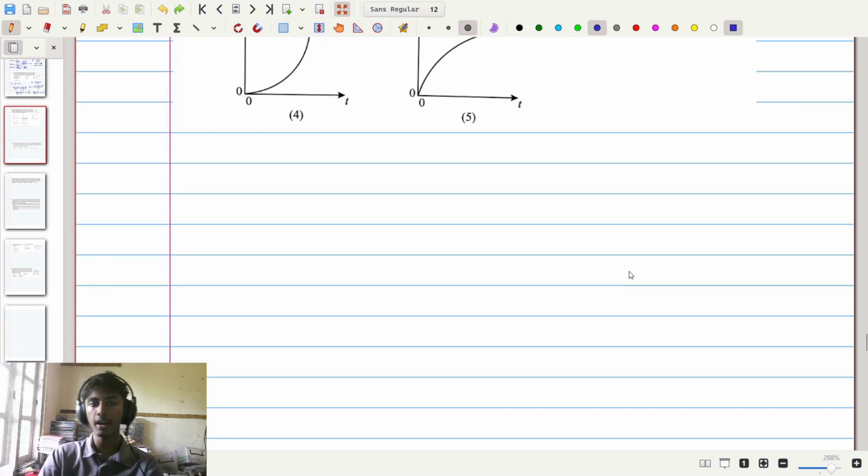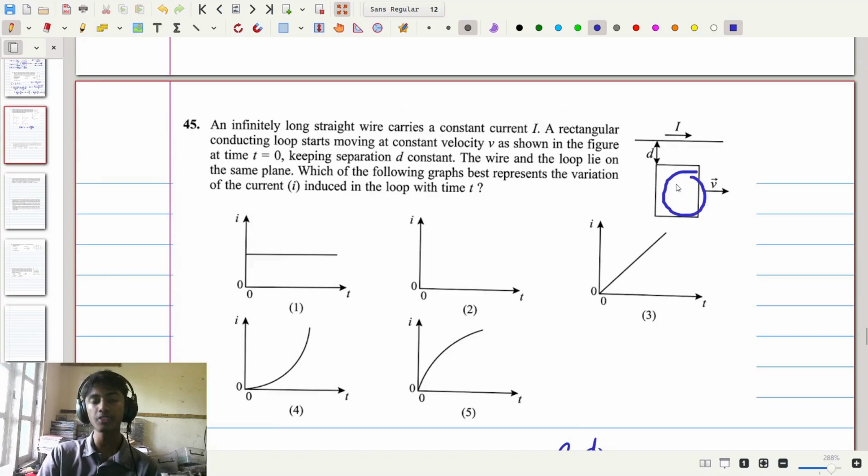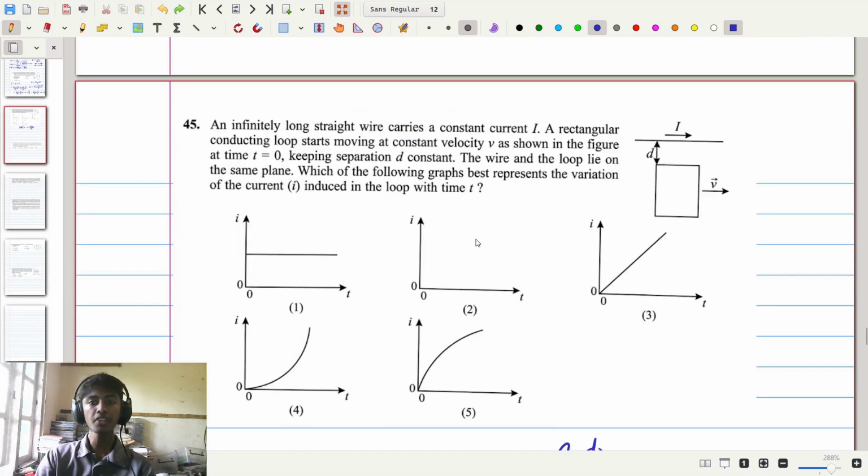To understand why, recall that the EMF generated in a closed loop is equal to negative rate of change of magnetic flux with respect to time. So therefore, if the flux in this thing right here is not changing, then there will be zero EMF and thus zero current. Now considering the loop, we can see, since the loop maintains a constant distance with the wire,